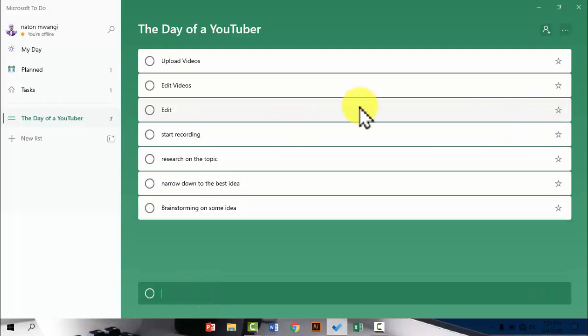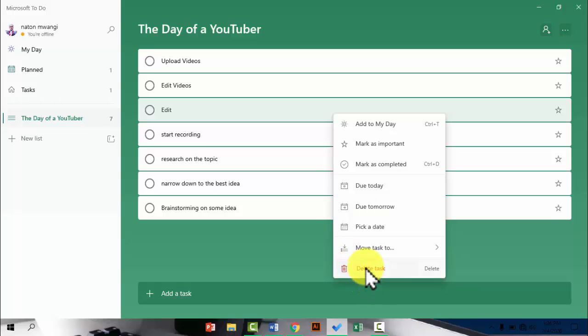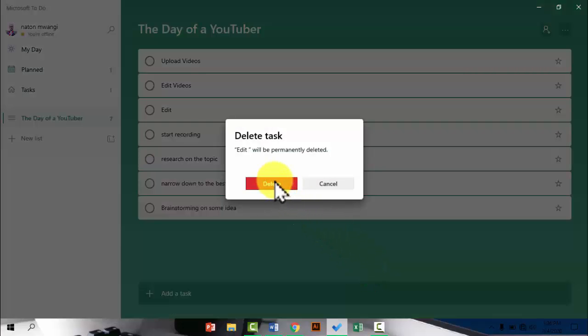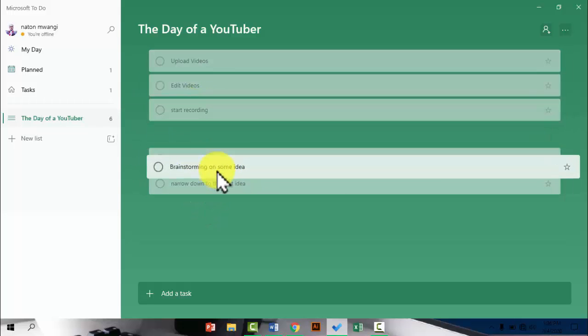If you accidentally add a list or a task that you don't want, you can just right click and say delete, and you have to confirm the deletion of that specific task. So here you have the various tasks, and you can now reorganize these tasks